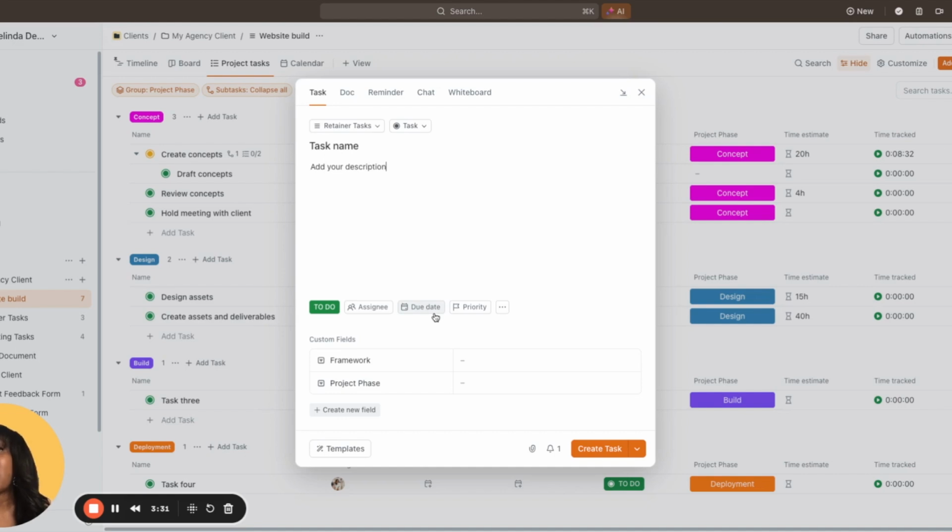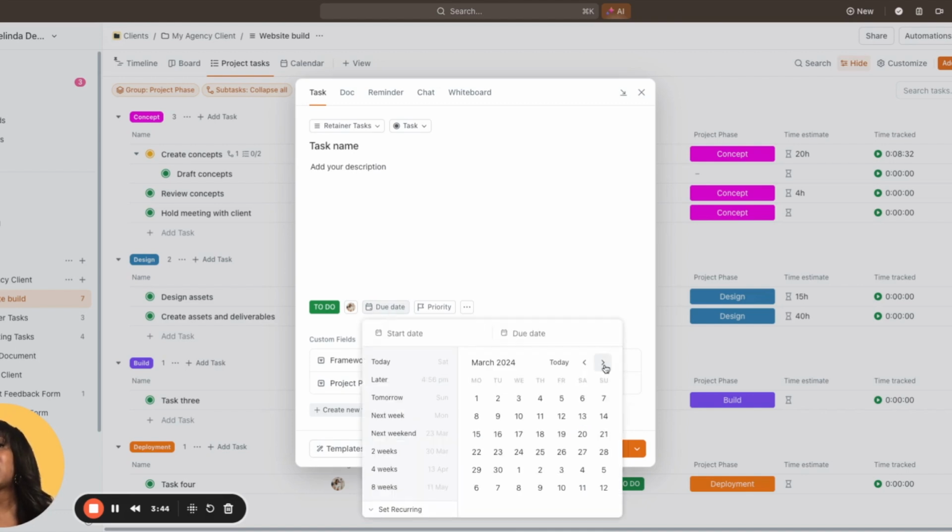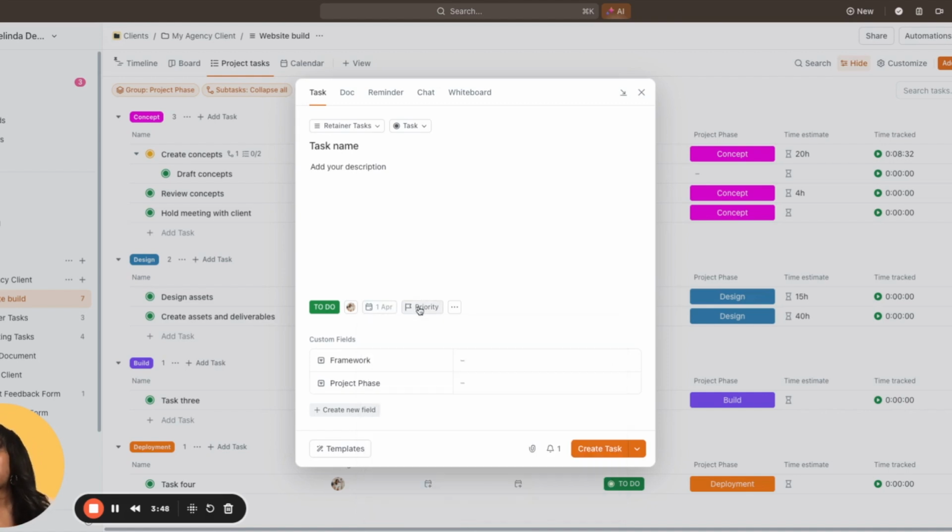inside of ClickUp wherever you are in the workspace, and you can assign that to a member of your team, and you can also set your due dates. And if there is a priority on that task, then you can say what that priority actually is, whether it's a high priority or a low priority,